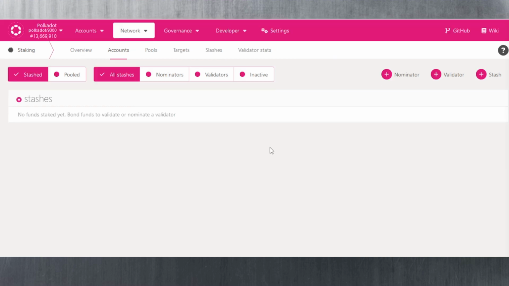Now, another aspect that's very important is with regards to waiting before you get the rewards. Once you decide to select a validator and you stake with that validator, you delegate your coins to them, you will need to wait 2 eras before you get paid. Each era is 24 hours on Polkadot and 6 hours on Kusama. So on Kusama, you would have to wait 12 hours before you start receiving those rewards,